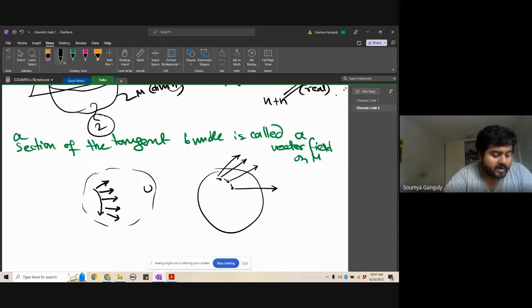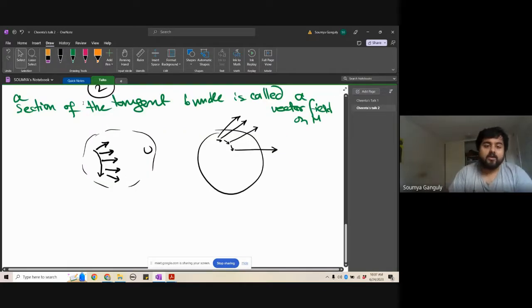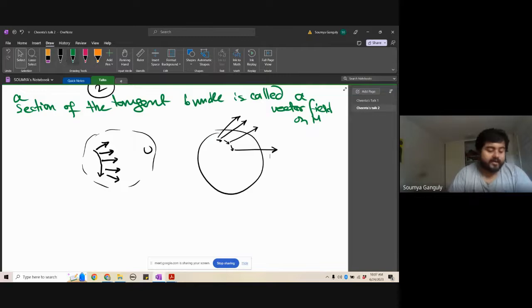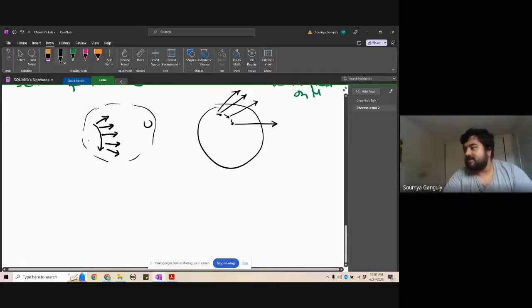It is important to understand. So this is a vector field. Now, vector fields often, you want to understand what is the differentiability of a vector field. So what do you mean by that? Well, for that, we have to understand the modern language of differential geometry. So previously, let's think of a sphere again.